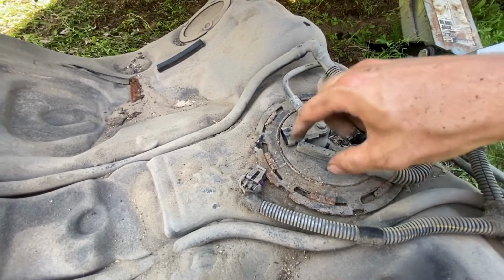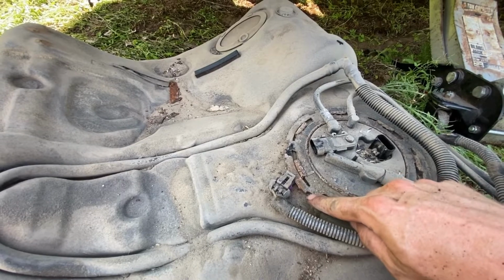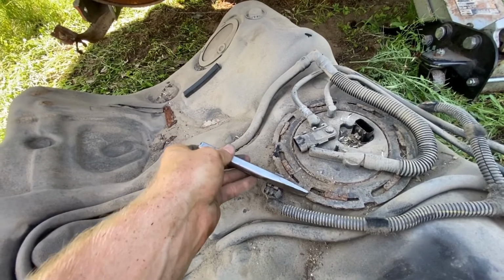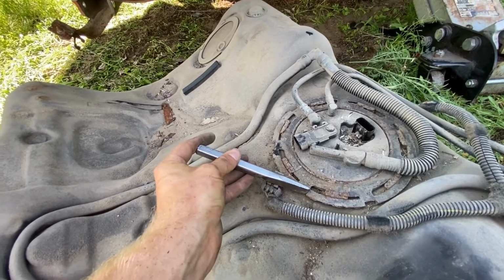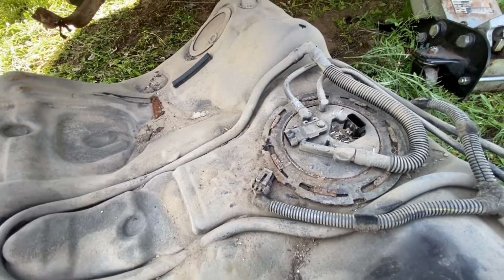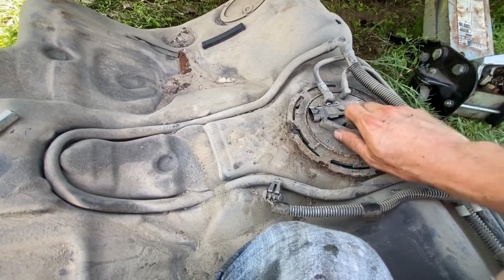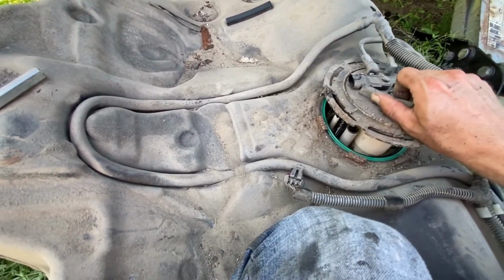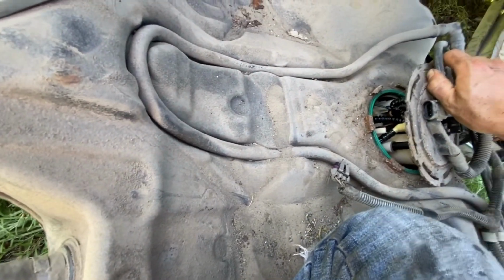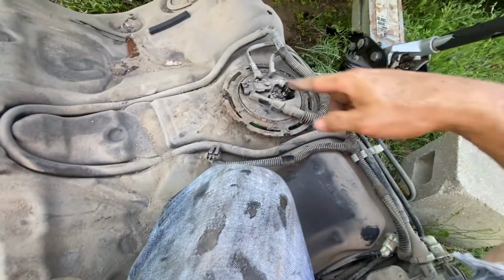All right, and your fuel pump is right in here. So what we need to do is twist this to get it unlocked. So what you do, take like a chisel or a screwdriver, put it right here, bang a hammer right here, and this will come untwisted. All right, once you've got this off, you can lift your fuel pump right out of there, replace it. It's kind of a pain to get out because you still have to take all these hoses off and stuff,